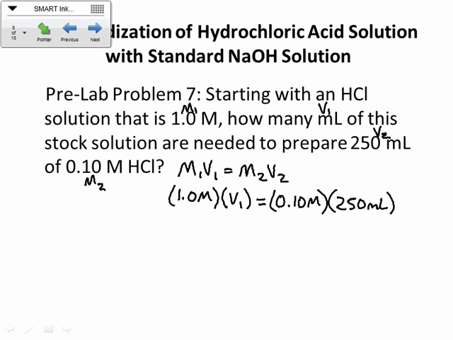Why am I doing that on a calculator? 25 milliliters, right? And again, to the right number of sig figs, it's just 25. So that's how many milliliters of the 1.0 molar we would need to start with. Take 25 milliliters of the 1.0 molar, and then dilute that down until you have a 250 milliliter solution. So you're just adding water till it gets to 250 mils, and that's going to make us a 0.10 molar